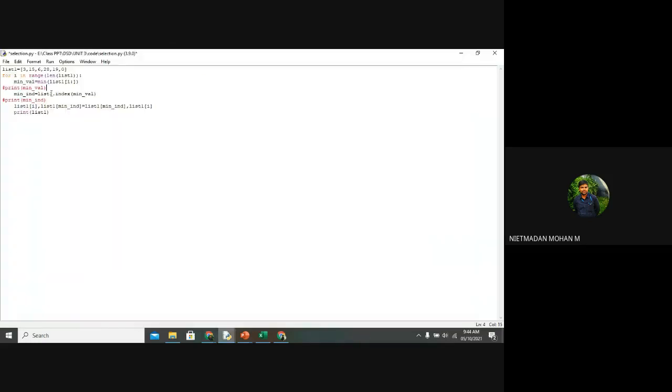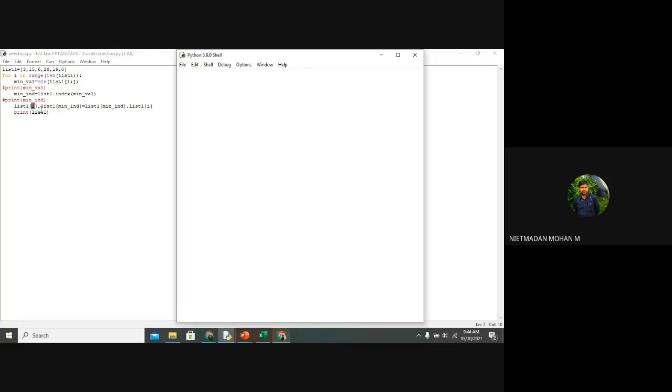The same process has been mentioned here. So here I am giving i colon to iterate the incremental part. If the for loop is incremented, this i also will be incremented. And here I am using the i. First we want to assign the minimum value to 0, second we want to assign the minimum value to 1, and third we want to assign the minimum value to 2. Likewise, it will continue. So if suppose I am taking this,